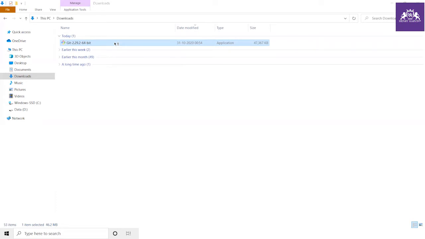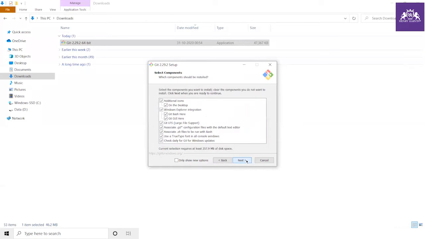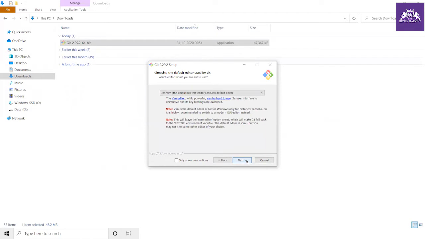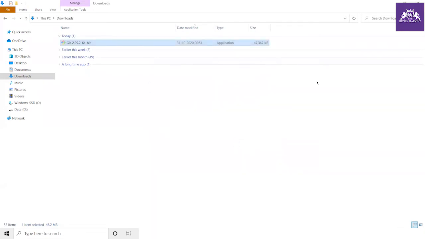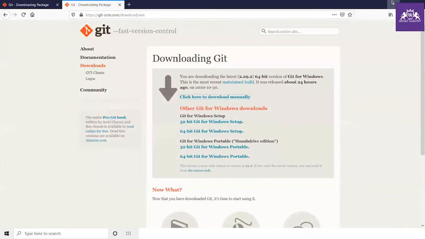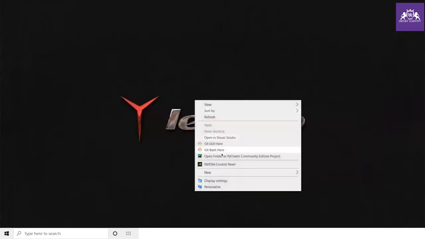It will ask for permissions. Allow, and click on next, and use all the default values to install Git on your system. I'm going to cancel it because I already installed Git on my system. So when you install Git, you can go to your desktop, right click, and you can see this